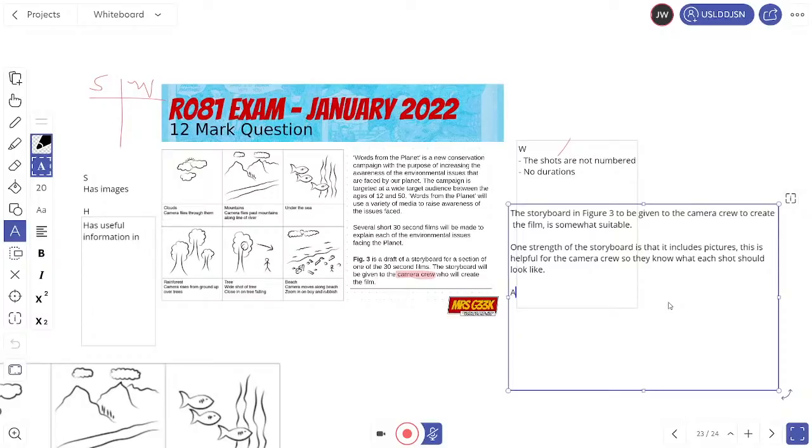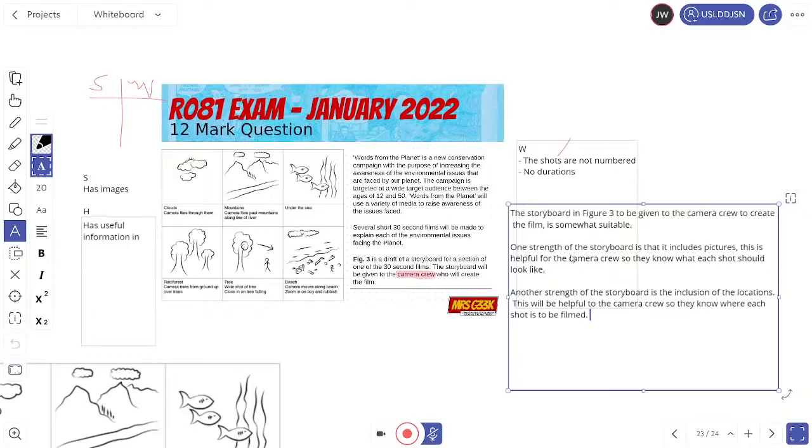I'm going to say another strength of the storyboard is the inclusion of the locations. This will be helpful to the camera crew so they know where each shot is to be filmed. And there you go. So this is already 6 marks, just like that. A really, really simple way of getting those marks in there.